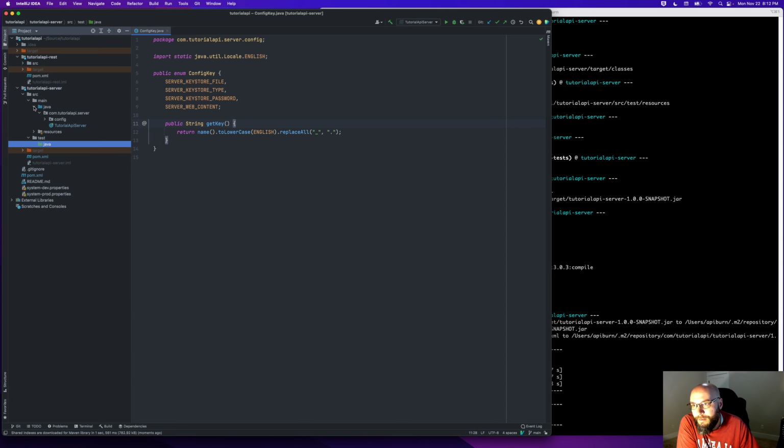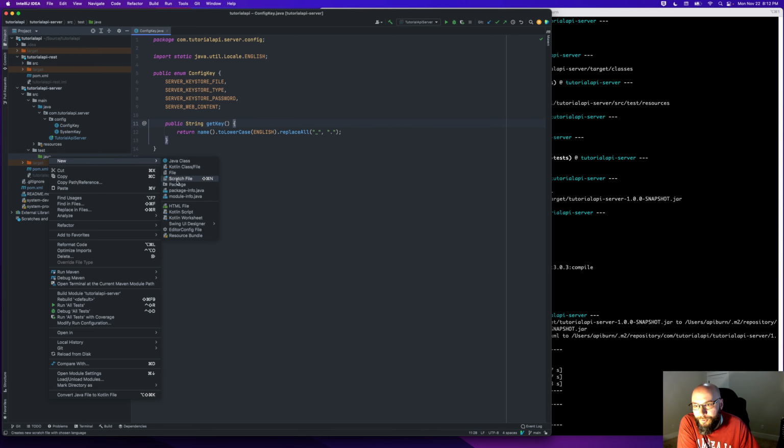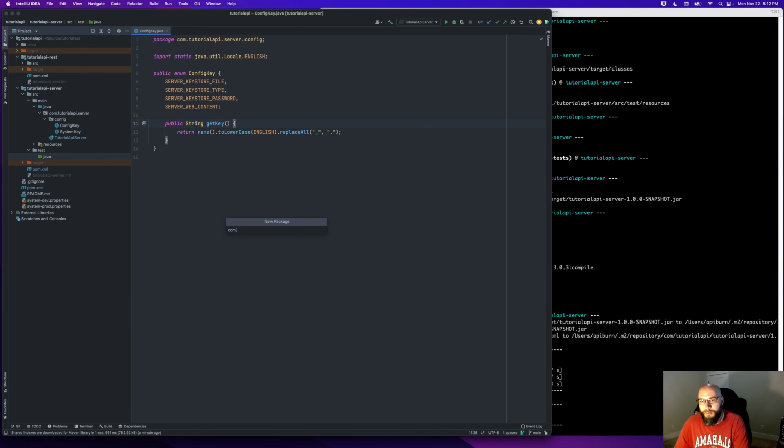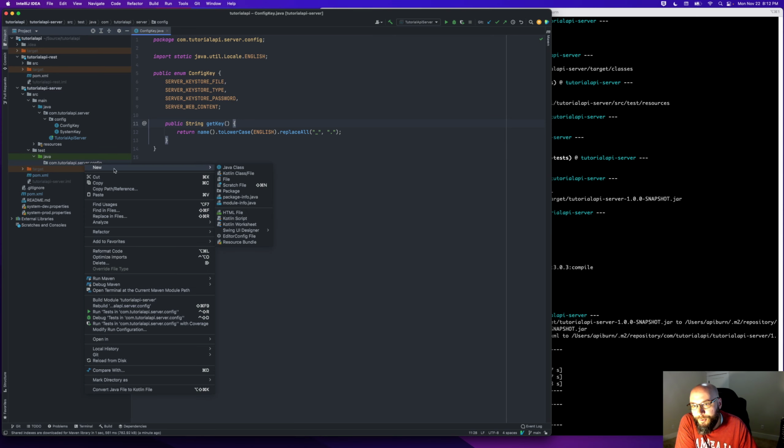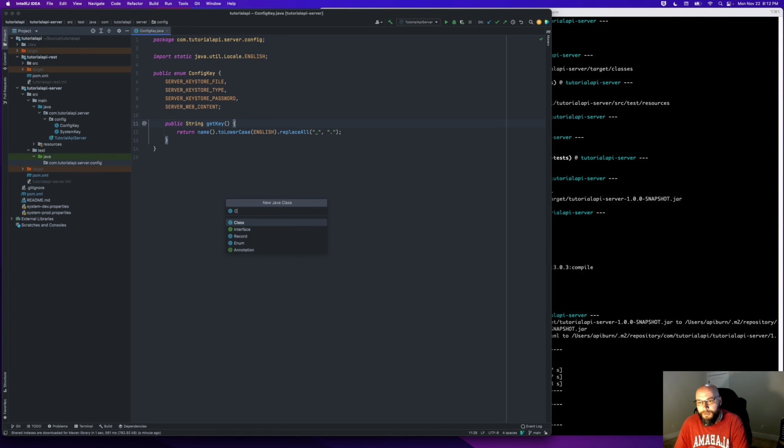Now my test package is going to follow the same pattern as my main packages. So let me do new package com.tutorialapi.server.config. Let's go ahead and create a new ConfigKeyTest class.